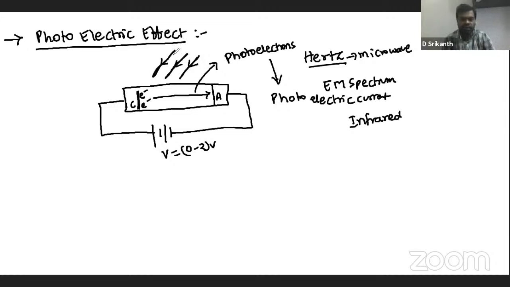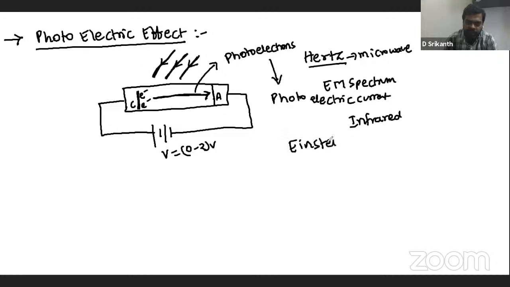Whenever infrared radiation is incident on a metallic surface, electrons are emitted from the cathode and reach the anode. The emission of electrons from the metallic surface with the supply of external light energy or infrared radiation can be called photoelectrons. Now,